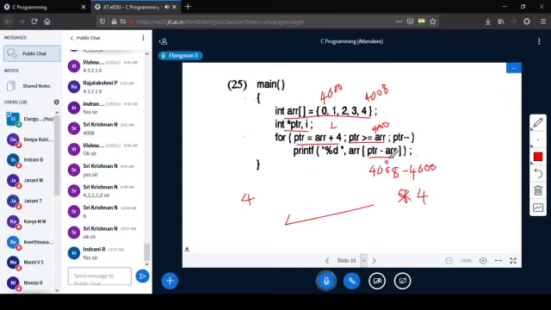So 4006 minus 4000 will become 3. So ARR of 3 will be 3. So that is how we are getting 43210. It keeps on reducing. Fine. Is that clear?